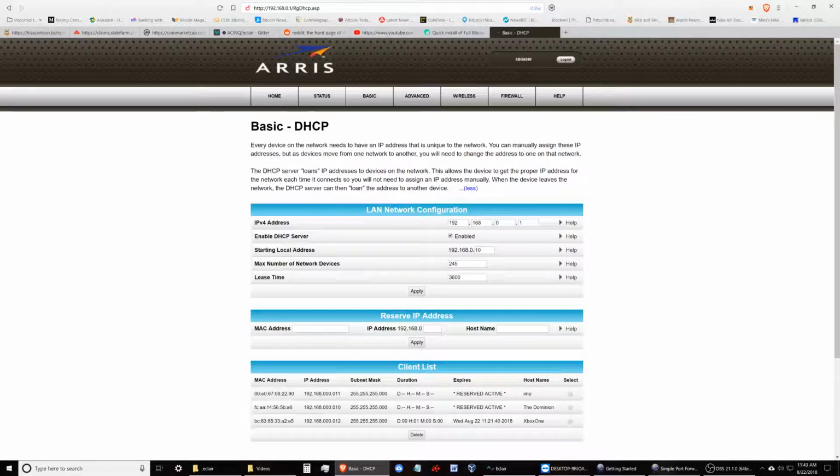The IP address is 192.168.0.10. It says .010, but that's just for denomination. The actual IP address is just .10. So if we were to want to reserve this IP address here, we just type in its corresponding